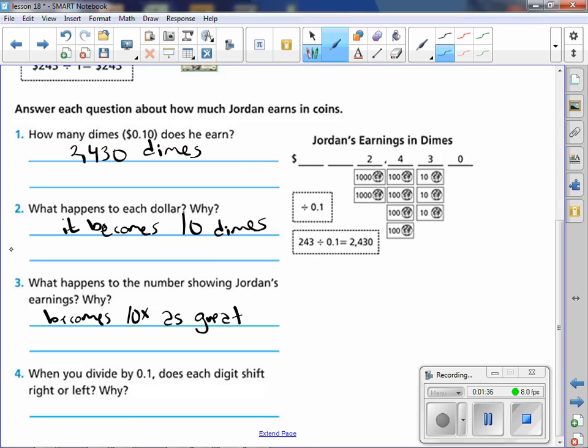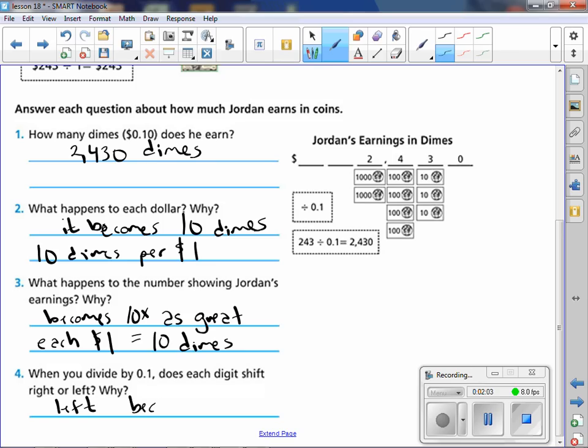I'm going to go back up here and say 10 dimes per $1. Okay? And then again, because each dollar equals 10 dimes. Okay, so when you divide by a tenth, the digits shift left